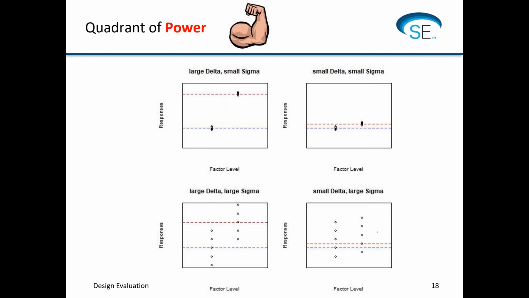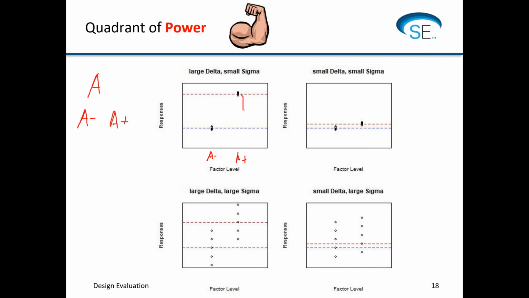So this is the quadrant of power. This is what I like to show people because I think it shows power pretty clearly. Let's just say you have one factor, and I'm going to call this factor A. And this factor can take two levels: a low level, which I'm going to call A minus, and a high level, which I'm going to call A plus. Here is a situation where I have a very large delta,